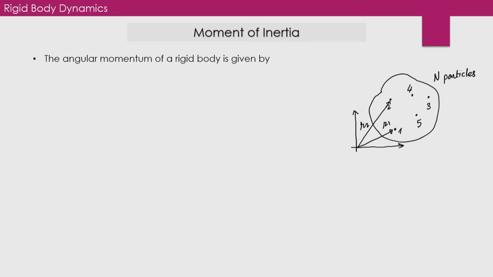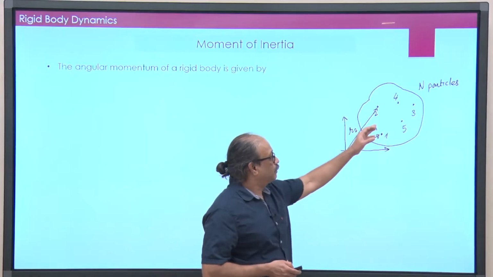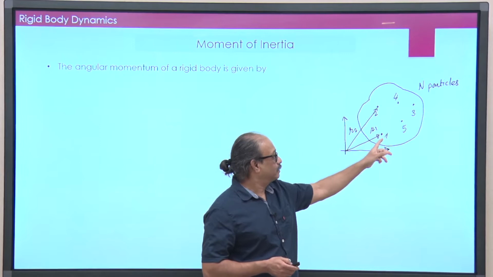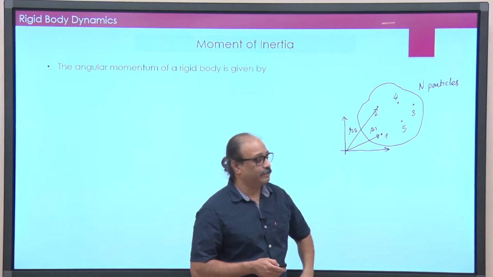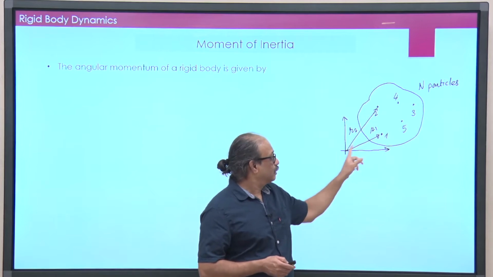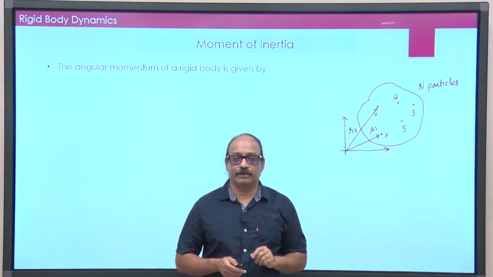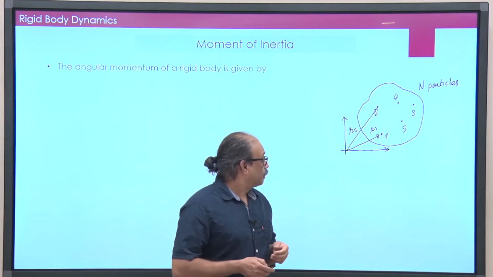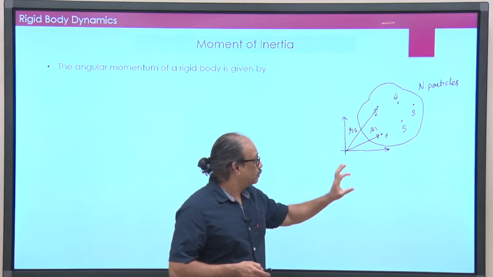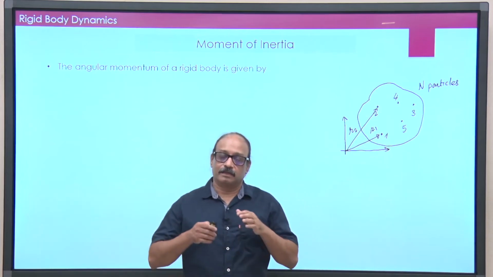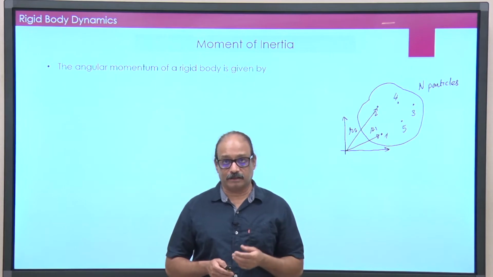Consider a rigid body which has n particles. So, we will think of it as a discrete body at this moment, and it has these particles which are 1, 2, 3, 4, 5 and so on, and each one of them is located by the position vector r1, r2 and so on. Okay. Fine. And remember, this is a rigid body. So, the distance between r1 and r2, r1 and r3 and so on, it remains always constant.